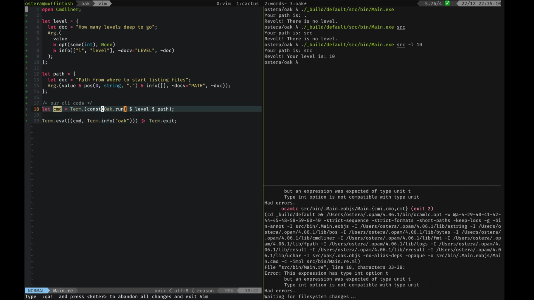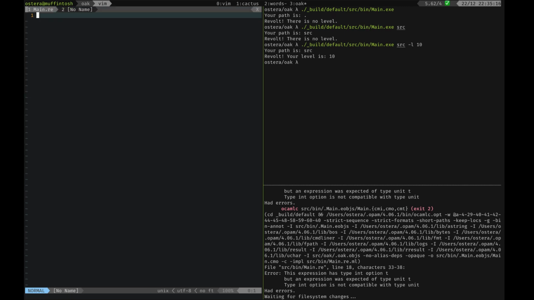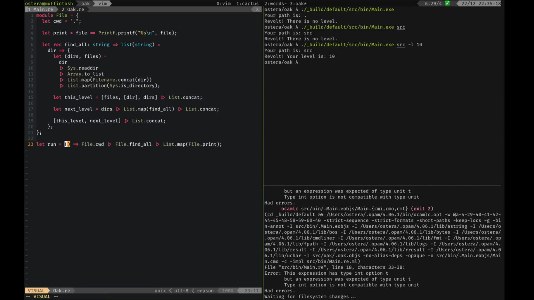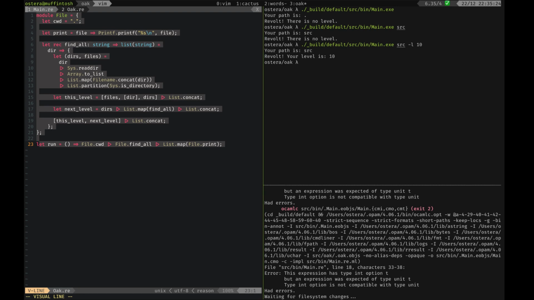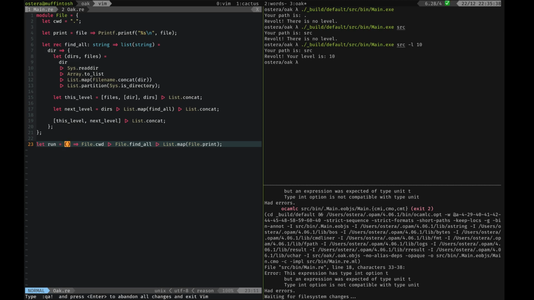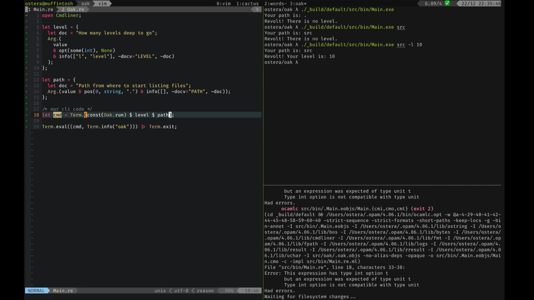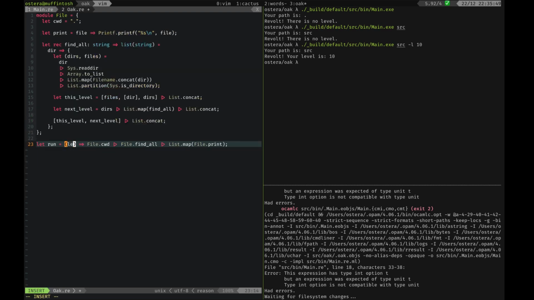Yes, this is failing, and it's essentially failing because our function, if we open the oak module, takes no parameters. If you're surprised, this is all the code that we used in the last stream, the synchronous version, to build oak. It's a very straightforward program that just takes the current working directory and finds all the files in there and then prints all of them. So that means we need to change this to take the parameters that we expect. And they're going to be in the same order as we apply them here, level and path. So if we get a level and we get a path,